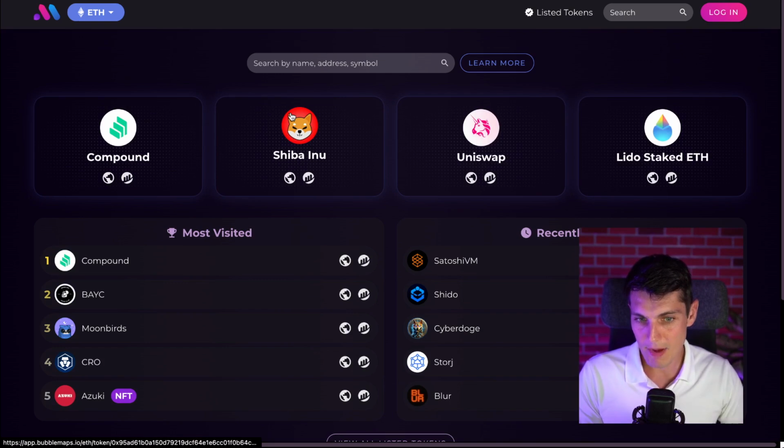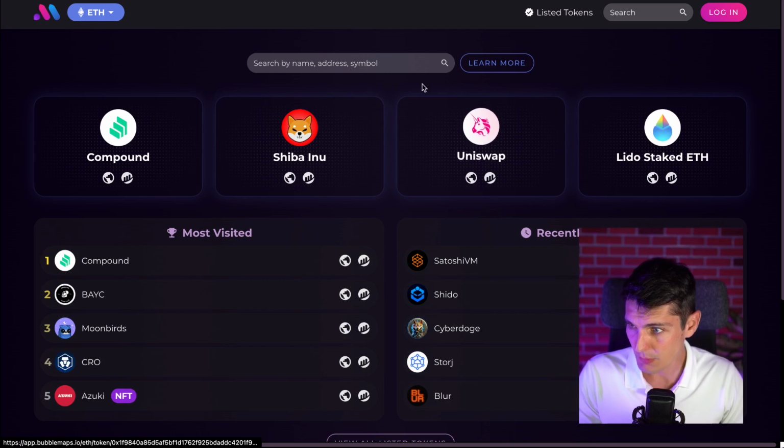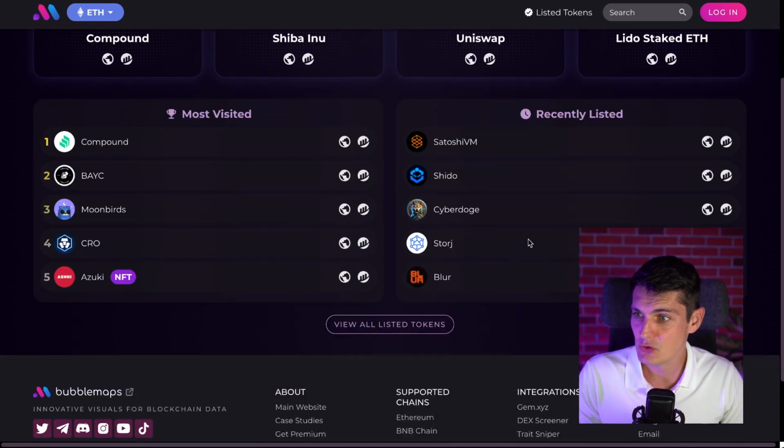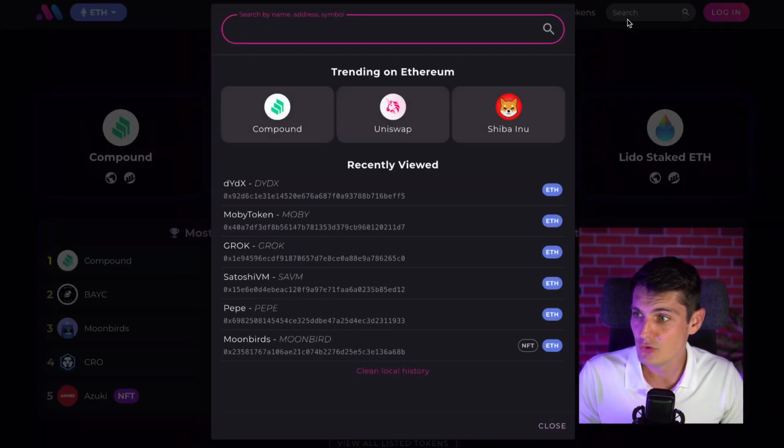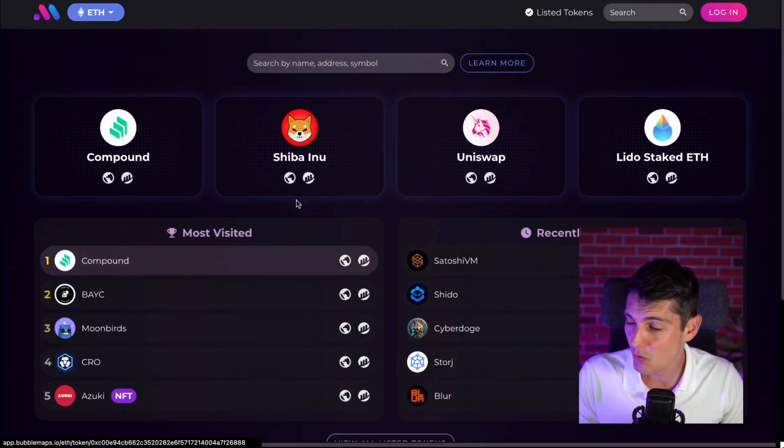So when you're on bubblemaps.io, yeah, I know I kind of did a review of bubblemaps.io, but you can see everything. The most visited, the recently listed, and that gives you an idea, but you could also type the contract address directly. That's what I did, for example, for Mobi. You could check Pepe, you could check whatever you want. Now, what I would like is for those guys to do the same thing, but for dating. So we see everything connected. We know which cluster is connected to the other cluster. And I hope we will never see my own cluster, because that will create some drama.